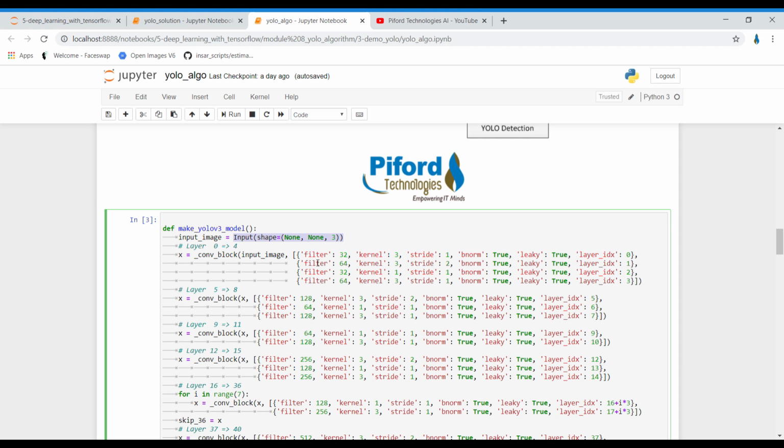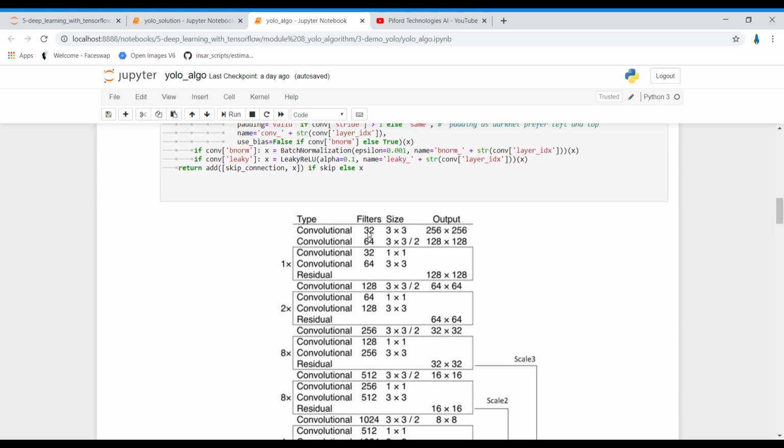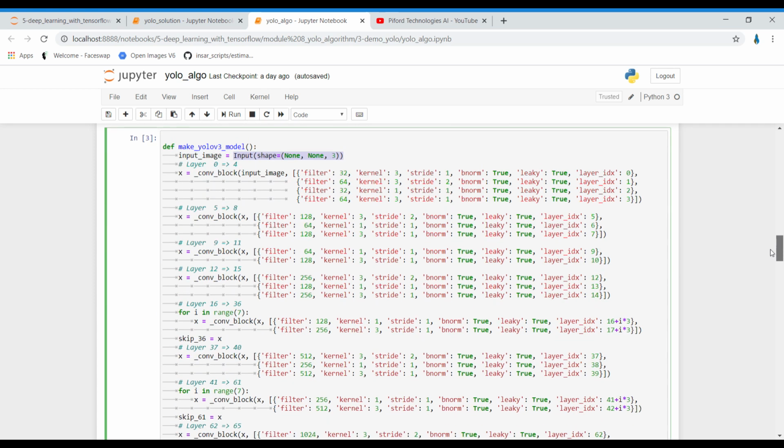So what I'm saying is, in the very first layer, how many filters do we want? 32 filters, and kernel size should be 3 by 3 with stride 1. So this is the layer, and this is how it gets designed over here.